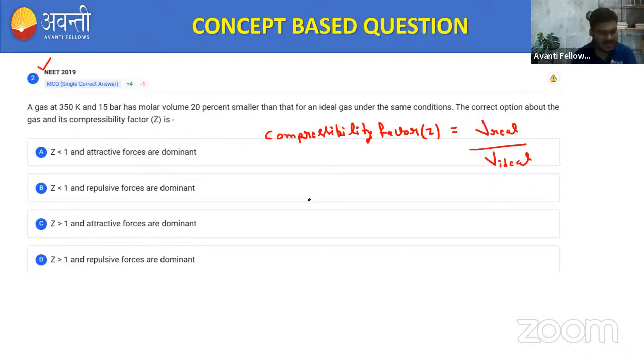यानी यहाँ पे साफ साफ दिया हुआ है that is V real कम है as compared to V ideal। ठीक है, यानी वी आइडियल से वी रियल कम है, 20% कम है, यानी है द मोलर वॉल्यूम। वी रियल को हम वीएम भी बोल सकते हैं, वीएम मोलर वॉल्यूम। ठीक है, दैट इज द मोलर वॉल्यूम एंड दिस इज द आइडियल वॉल्यूम, दैट इज वी आई, राइट? वी कैन राइट एज वेल। सो इन द क्वेश्चन इट इज गिवन दैट रियल वॉल्यूम इज लेस देन द आइडियल